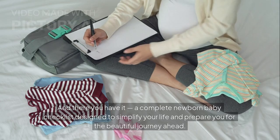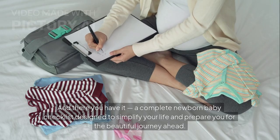And there you have it, a complete newborn baby checklist designed to simplify your life and prepare you for the